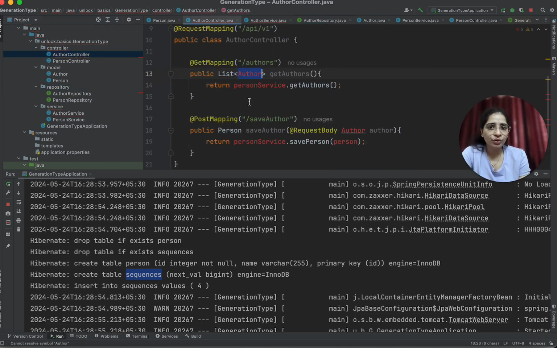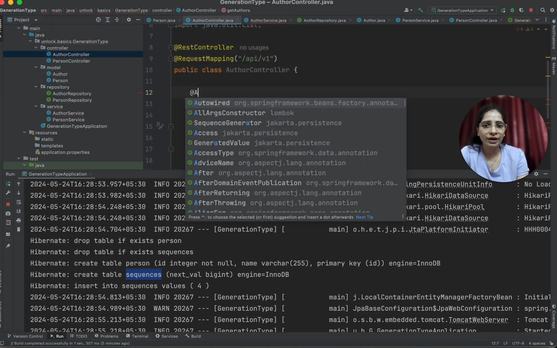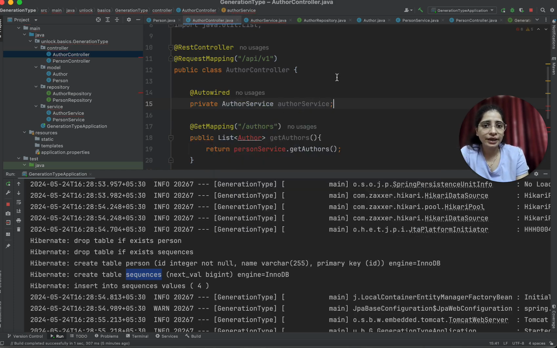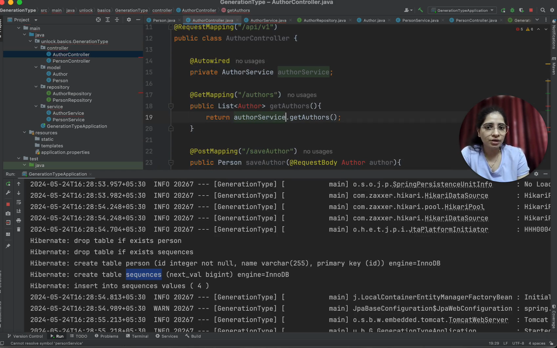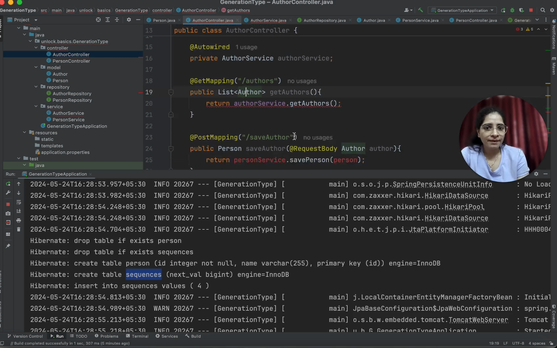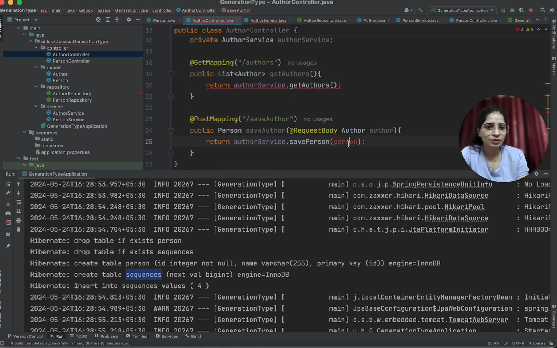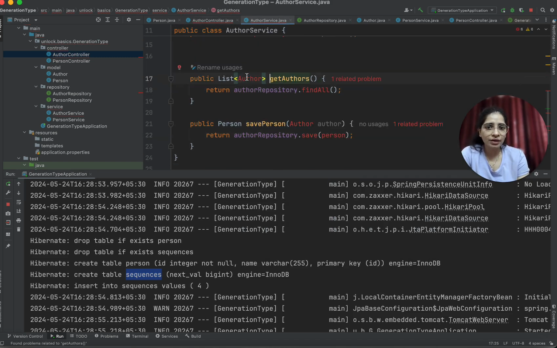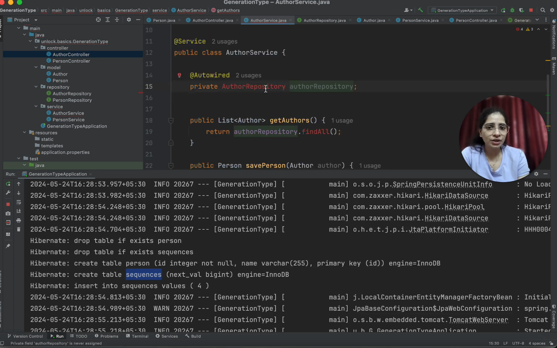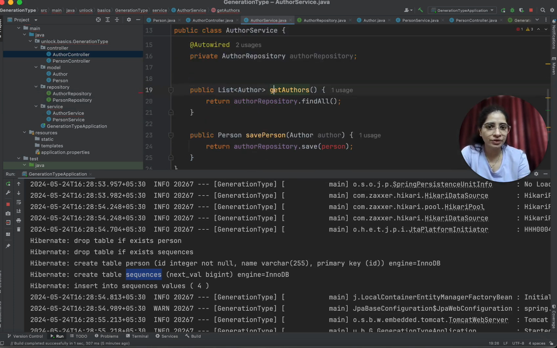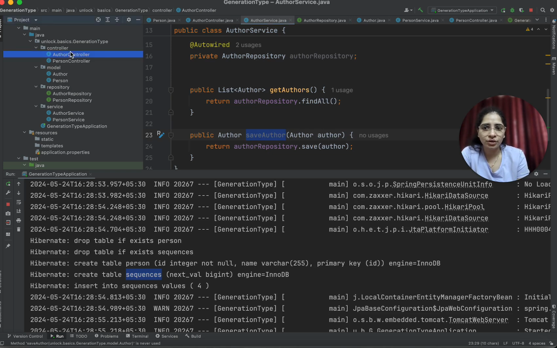And I'll go back to the controller and here I'll autowire a private author service, and this author service will be getting all the authors. I'll have to import this author, and this will be author service again, taking author in this. Now I'll go back here and it is returning author, so I'll import the author here. Author repository, I'll have to import this author repository. So everything is done. It will be returning you author and the name should be save author, and this method I should be calling from the controller.